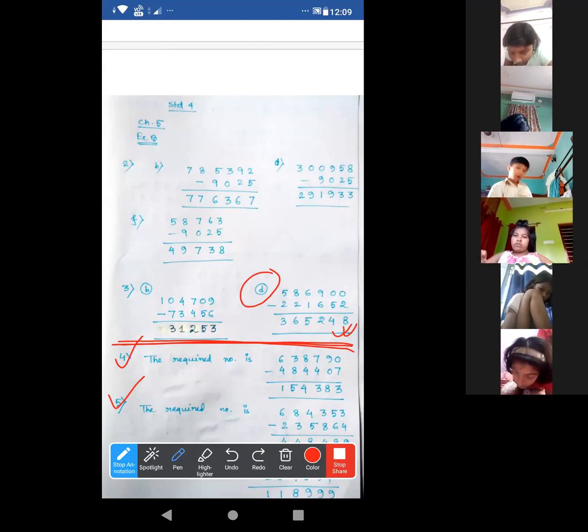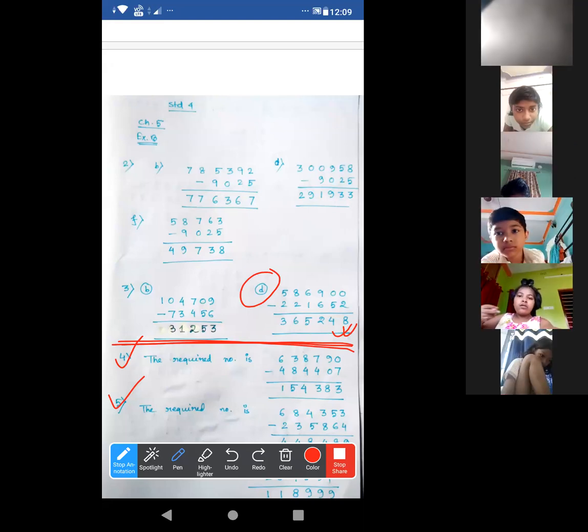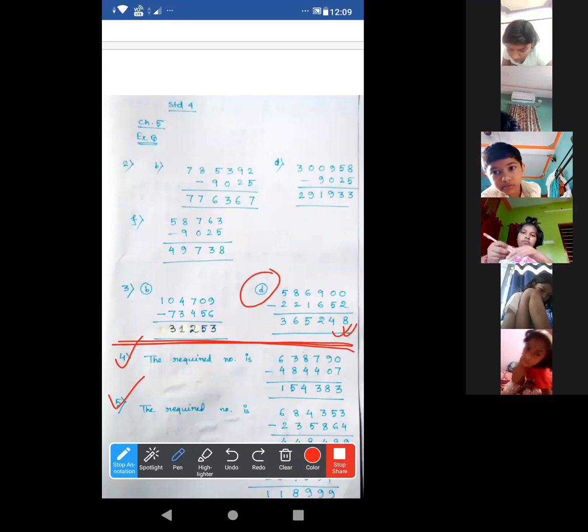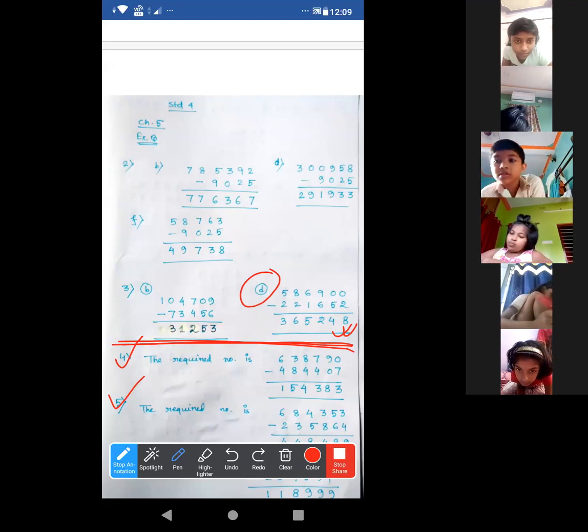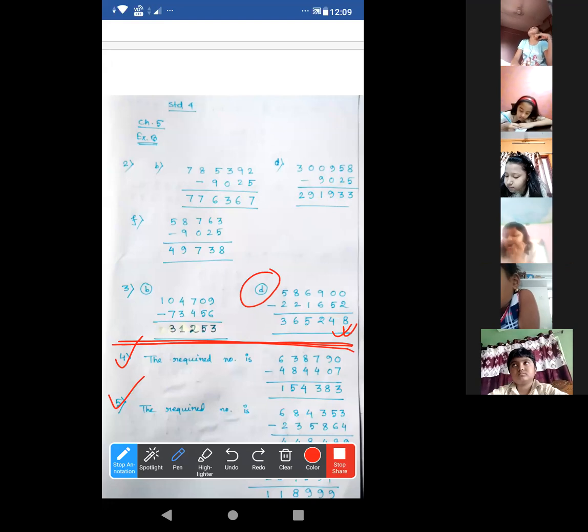Shifat Haq, ma'am, with whom are you talking? Achha, all of you completed? No, some students are still doing. Mehriya, Ankita, complete it first. Those who have completed, they can show me their copy.